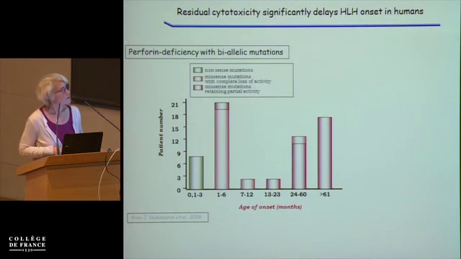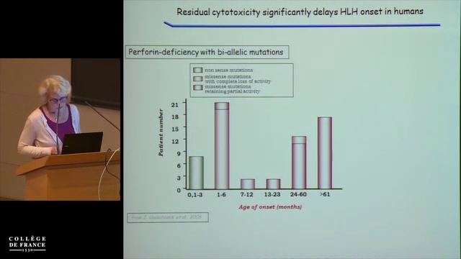For example, for perforin deficiency, patients with null mutation, total absence of perforin function, have an onset of the disease very early, before 3 months of age, sometimes newborn or even in fetus. Whereas a patient with missense mutation, especially when some partial activity can be detected in vitro, have a delayed onset